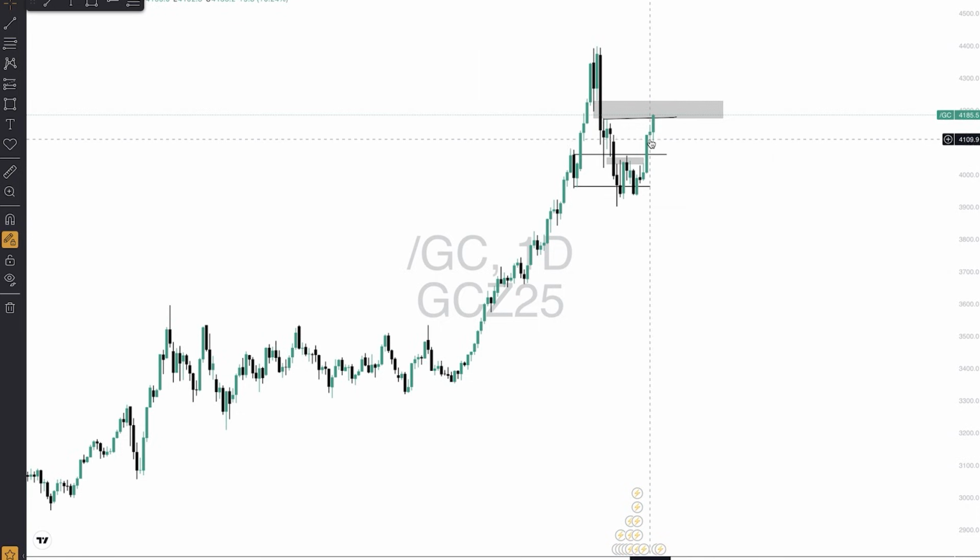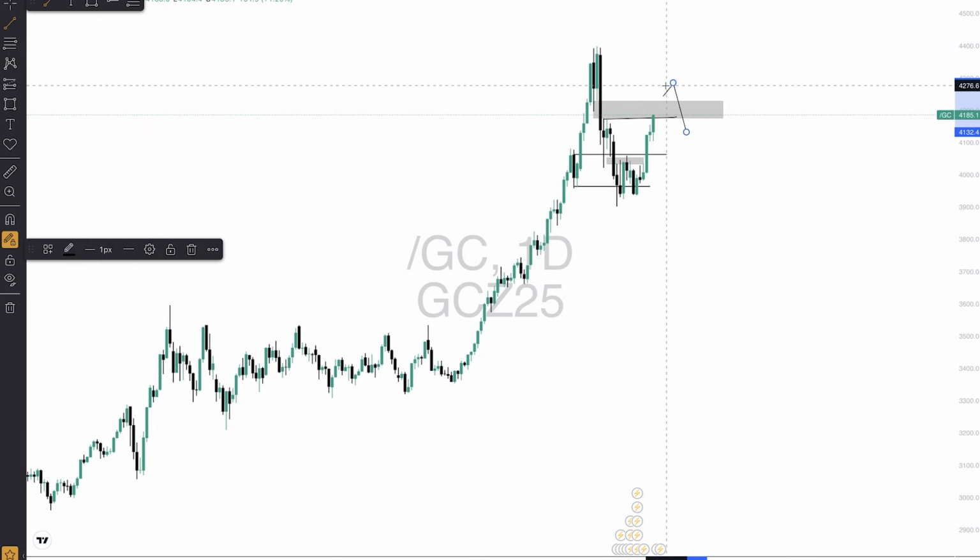So now going forward, what am I going to look for? Okay, there was of course a market structure shift here. So I'm going to see how price is going to react within this fair value gap. If price completely exceeds this fair value gap and trades into this bullish order block, I'm going to see, okay, is price going to respect this order block and make a swing high and trade lower? If it does respect this order block here and makes a swing high to trade lower, what am I going to be looking for? Maybe price was just trading back into range to then trade lower.